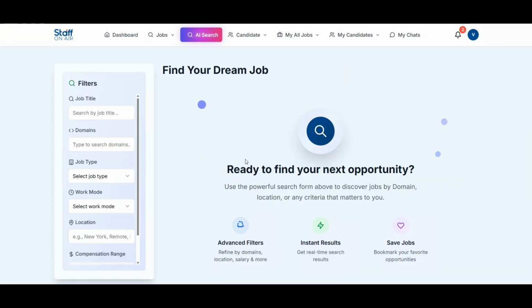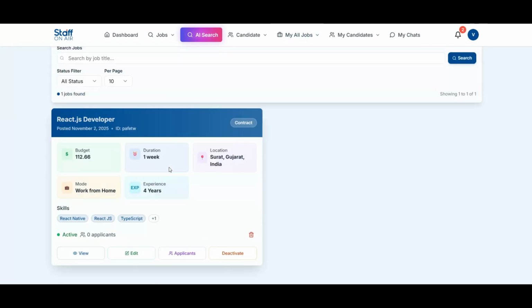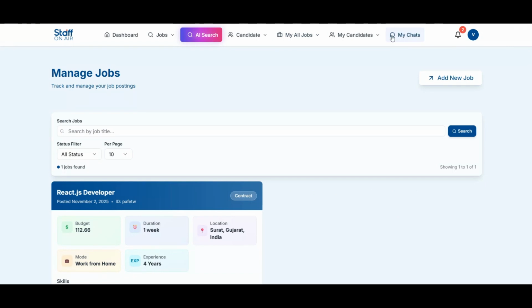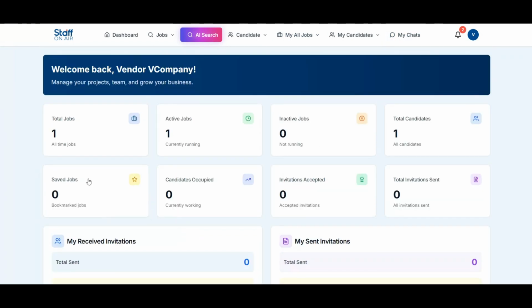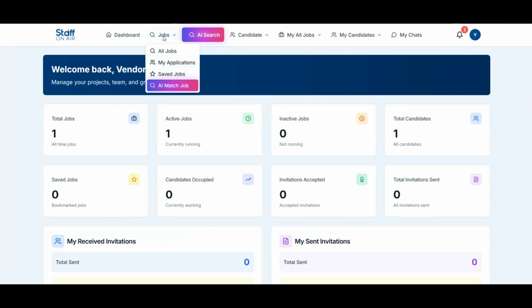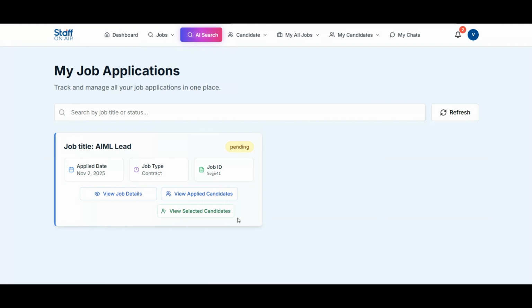Likewise, you can send applications to various jobs, and you can upload multiple candidates. You can upload multiple jobs to the application. Your job might have some applicants, so you can view them from here. Okay, so yeah, you can view the data. I have one active job, and I have one candidate uploaded. The application which we have just sent, you can view from my applications. So yeah, this was the job application we have sent.